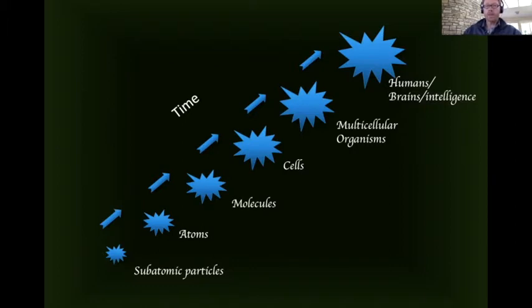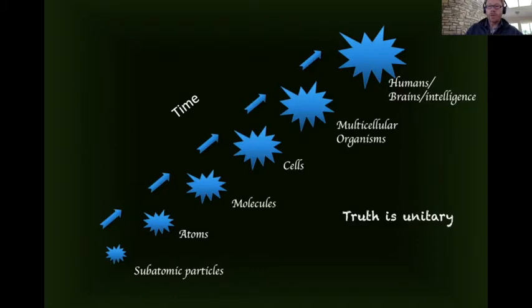And then cells eventually got together to make multicelled organisms, and so on. And then this whole thing is 13.8 billion years, the history of the universe, essentially. So time or causality, it doesn't make any difference as far as science is concerned. The history of the universe recapitulates what is true in any given moment, basically.